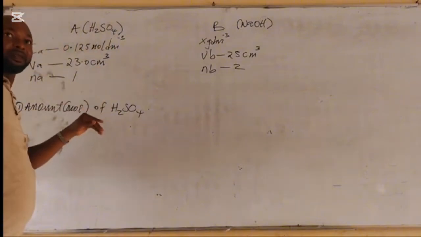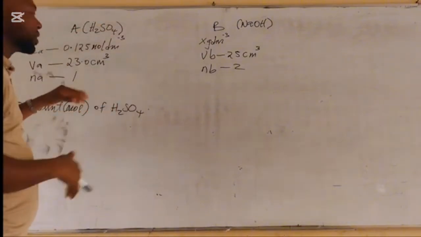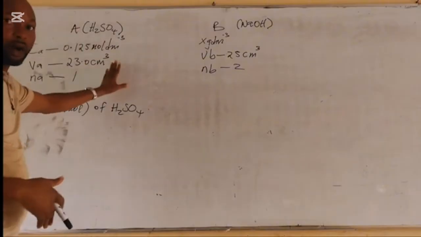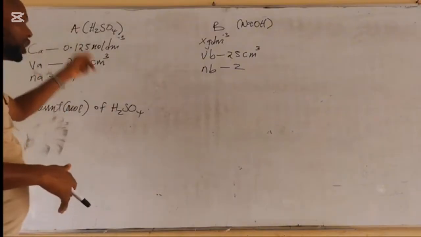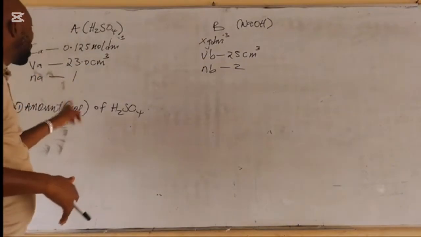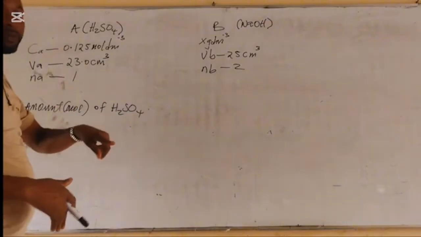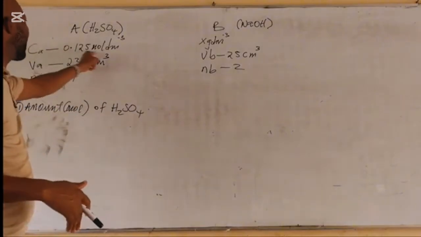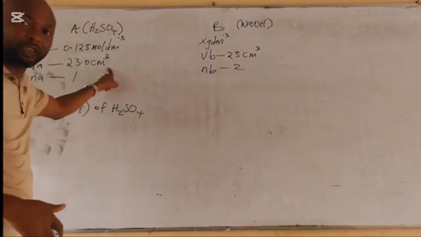So that formula is out. Then the other formula for amount is molar conc times volume. Now there is a molar conc here given and the volume here is given, which means